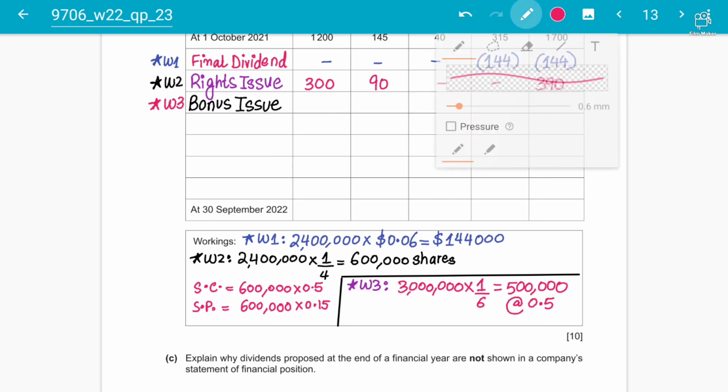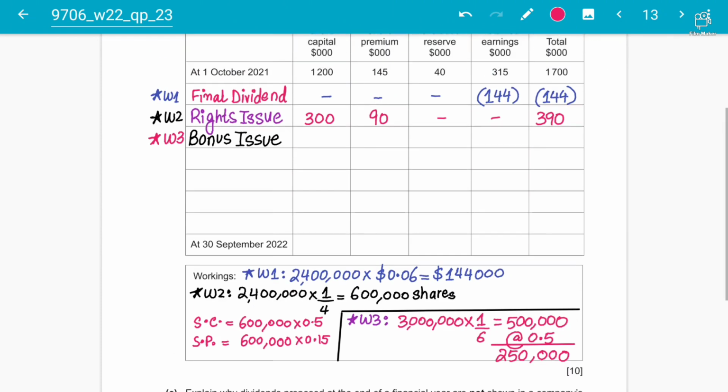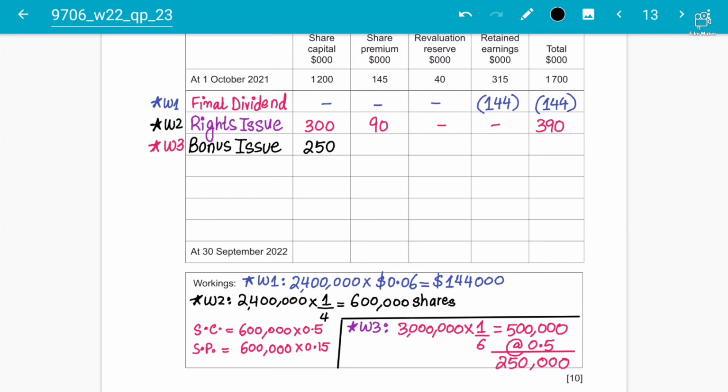So the company is generating share capital of 250,000, but this is not coming in cash, or this is not a source of finance. So that is why this will be subtracted from the reserve. So 250 will be increased from here. Everyone hope getting it? That's why 250 will be increasing from here. Hope students are getting it.